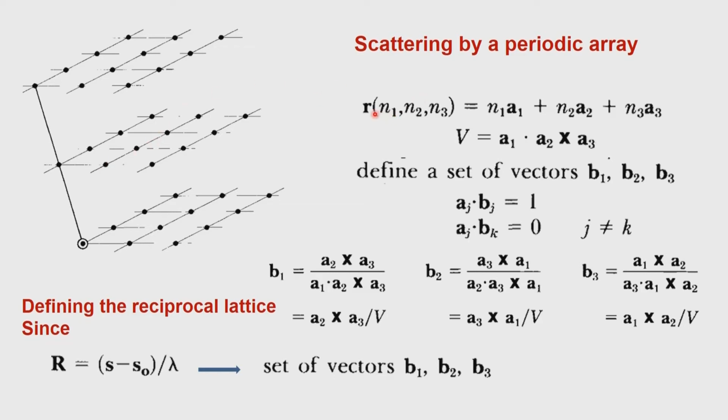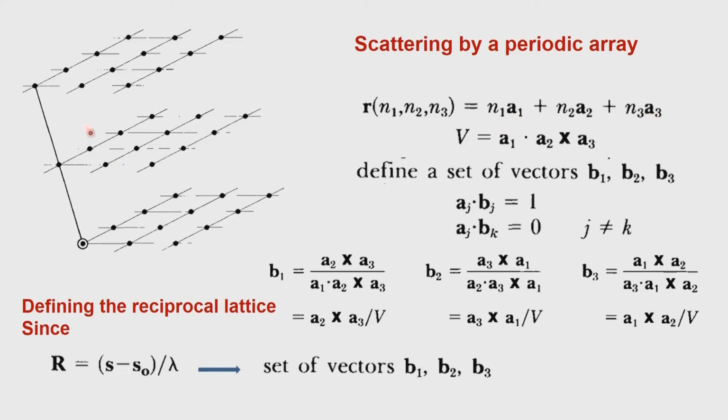So this now is r, which is represented by n1, n2, n3, 3 integers representing the 3 directions, the A direction, the B direction, and the C direction. So let us say if it is one unit cell, you have the A, B, and C values coming up here. These are therefore integral values, or rational values more appropriately. So any vector r can be expressed in terms of these integral values as n1 a1 plus n2 a2 plus n3 a3.